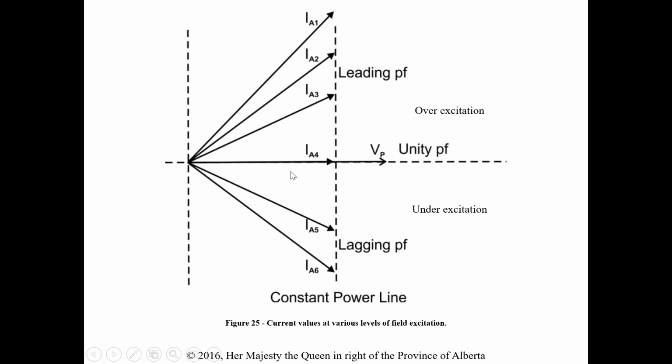This current value is various levels of field excitation. Again, our reference here is 0. When we have our current in phase, we're at unity. That's where we're going to draw the lowest value of current. You can see as we get into our leading, or we're over-exciting our field, the value of current has to increase, but this constant power line is always met with the current. Okay, so we're always going to be able to keep that load